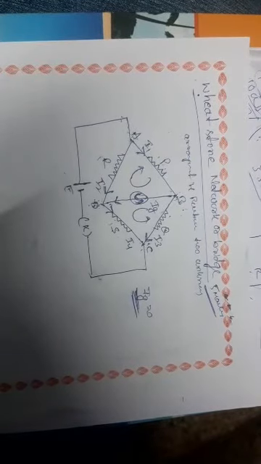When the resistors are varied such that no current flows, that means the galvanometer shows zero deflection. That means Ig is equal to 0. Then the network is said to be electrically balanced. This is the explanation part of a Wheatstone network.